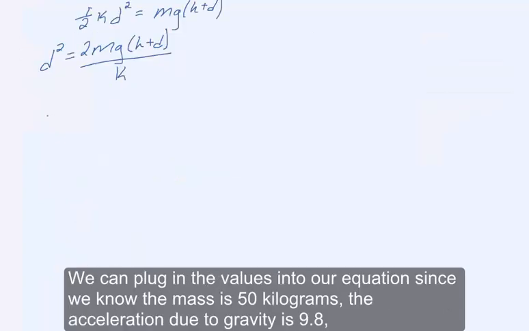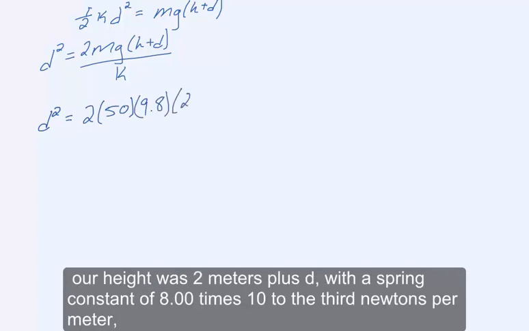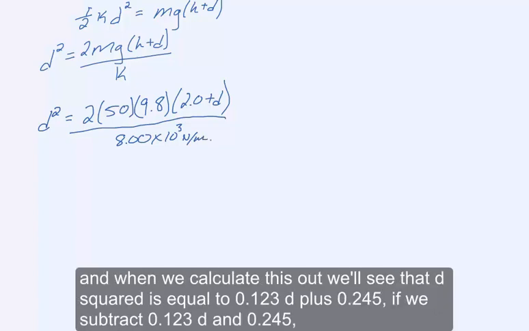We can plug in the values into our equation. Since we know the mass is 50 kilograms, the acceleration due to gravity is 9.8, our height was 2 meters plus d, with a spring constant of 8.00 times 10 to the third newtons per meter. And when we calculate this out, we'll see that d squared is equal to 0.123 d plus